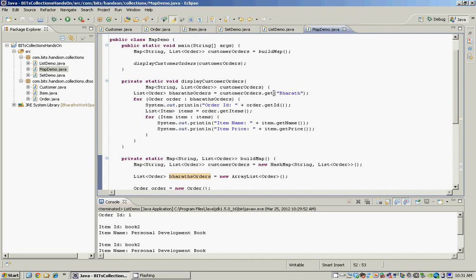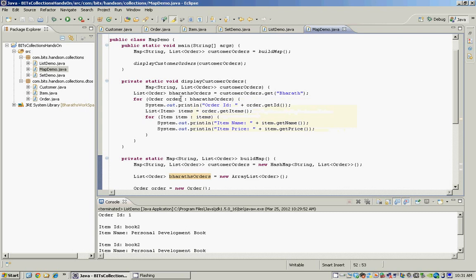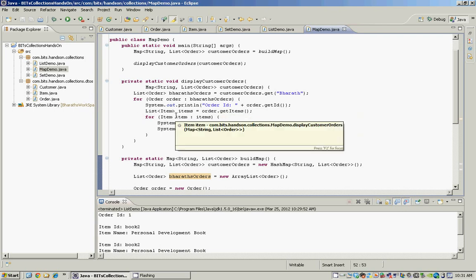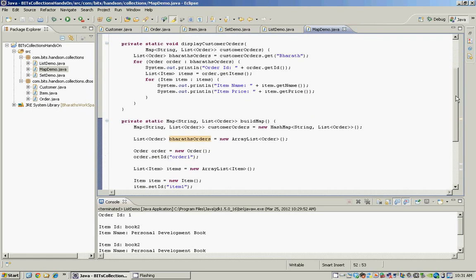And the display method retrieves the list of orders from the map, iterates over the list, gets the items from the order, and then iterates over the list of items.